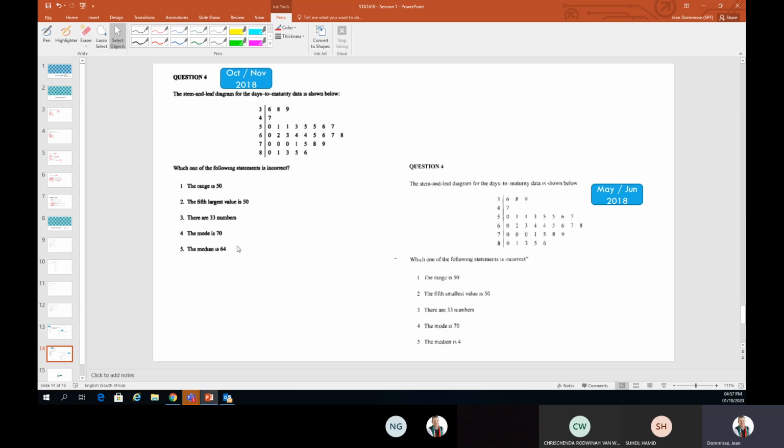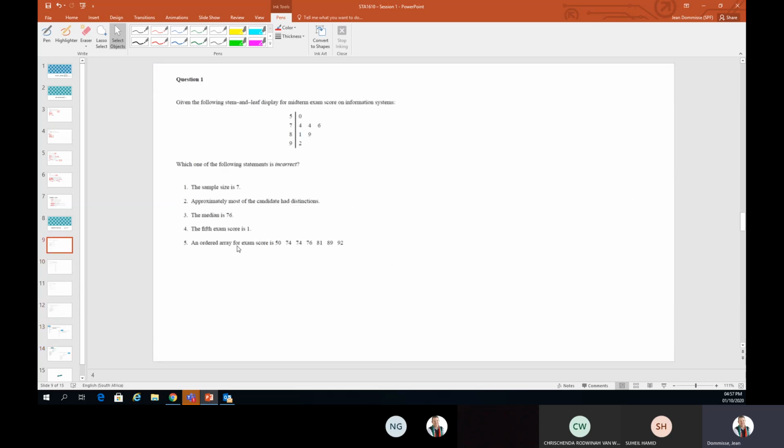So I think I want to look at these few questions in the next half hour, because that covers study unit 2 as well, which for me is mostly stem and leaf. We also test some of the things in study unit 3, but I think it's good that we do it here. And once and for all, let's understand what stem and leaf is and how you can get it in the exam.